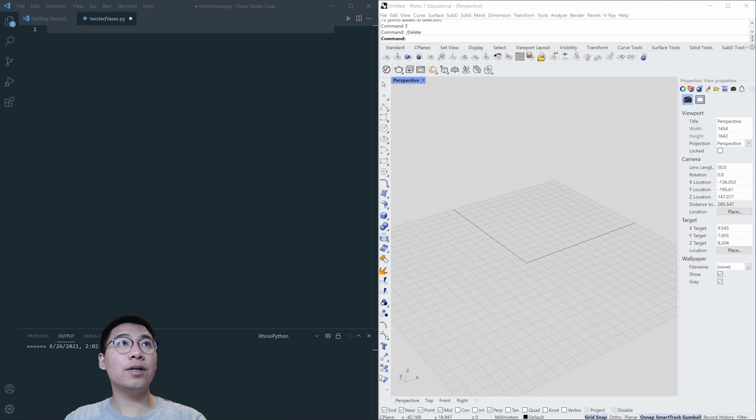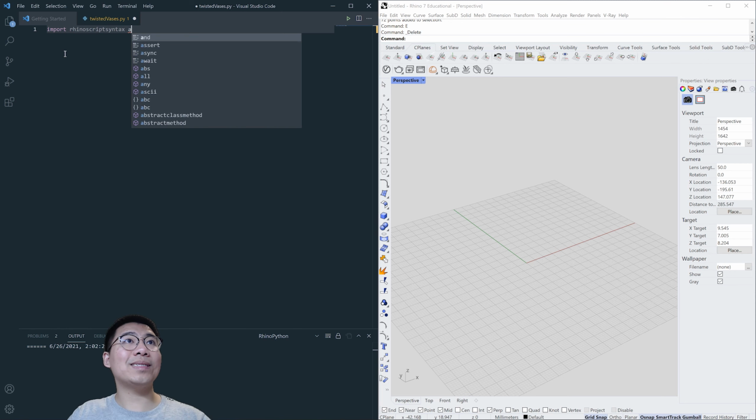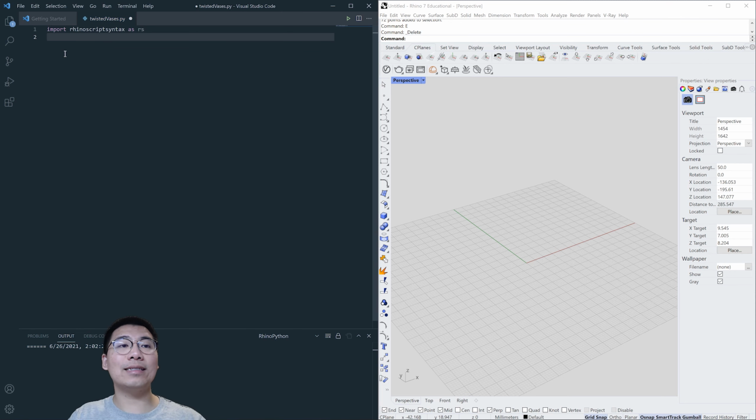First, we need to import RhinoScript syntax into our workspace, the Rhino workspace as well. Import RhinoScript syntax as rs, and this is a universal way to import RhinoScript syntax, and you can see it in many tutorials and many other videos. Then we need to define a function to generate